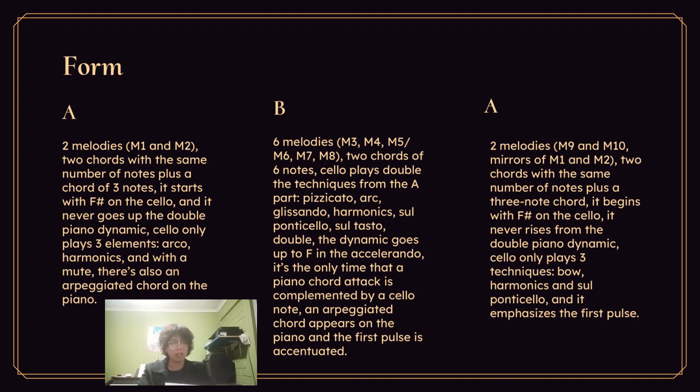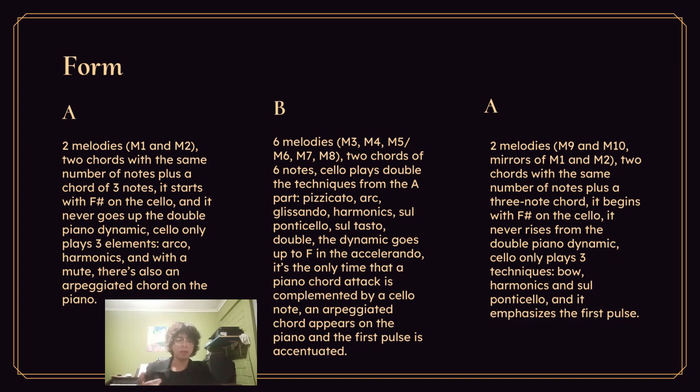It's the only time that a piano chord attack is complemented by a cello note. And an arpeggiated chord appears on the piano, and the first pulse is also accentuated. After B comes the return of part A from measures 7 to 9. It contains the following elements: 2 melodies, 9 and 10, which are balanced by melody 1 and melody 2 in the first A,